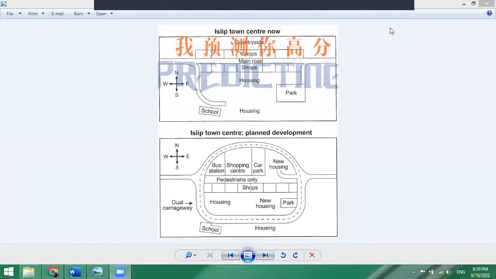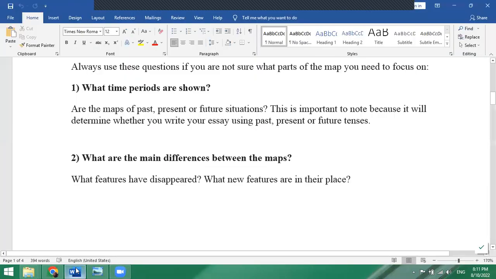Hello students, I'm explaining the map type of questions in IELTS writing task 1. In IELTS writing task 1, it's important to understand the main features, the most important features in any task. As we speak about maps, here are some questions to consider when you are trying to understand the